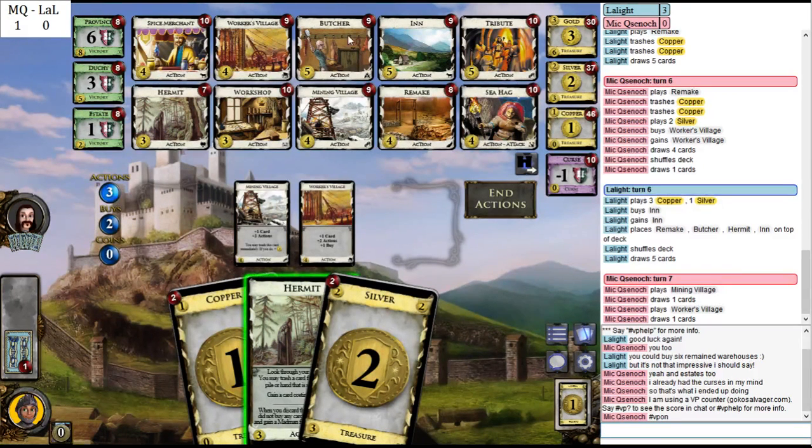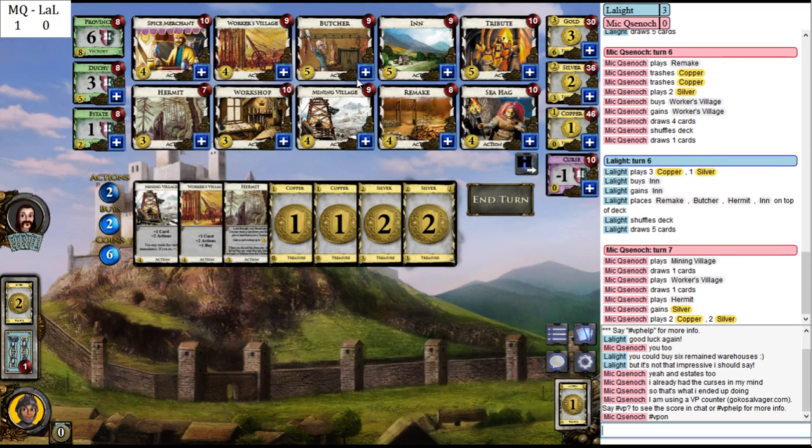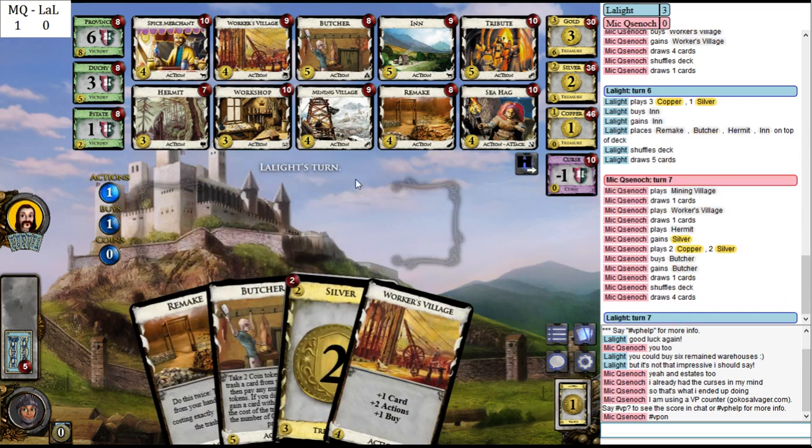I don't know if I want more silvers. Could get workshop. Probably wouldn't get to play it that much, but play workshop over and over again for mining villages. It's not crazy. It's not great though. It's just workshop mining villages. That's not insane, but